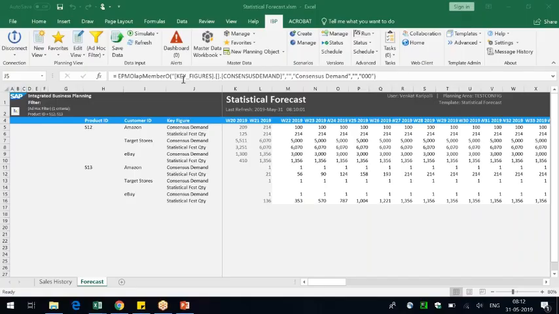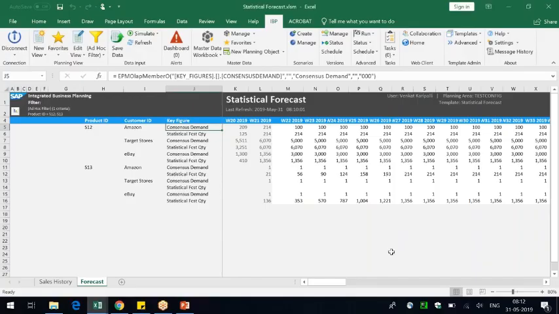In Excel, there's a concept of a planning view, which is the same as the concept of a planning book in APO. A planning view is a report which displays the data in the format that we want, at the level that we want.